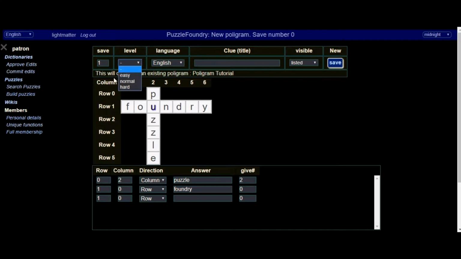The level is the level of difficulty, which ranges from easy to hard, and then you have normal, which is the in-between. I'll be choosing easy for now. For the language, you have Afrikaans, German, English, Spanish, Esperanto, and French. So let's leave ours on English. Okay, polygrams are different from crosswords, as the title is usually the big clue that you give for solving the entire polygram. So remember to keep that in mind whenever you are building your polygram. Okay, so over here I'll just be adding a polygram